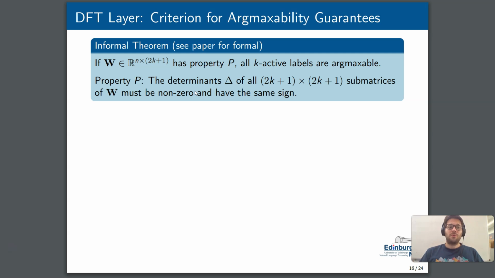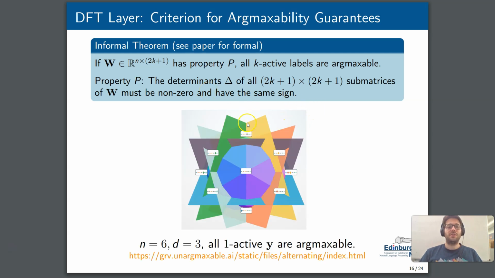While I cannot show you this visualization in higher dimensions where it is arguably more interesting, here are the decision boundaries for such a W with 6 labels in 3 dimensions. So in this case we have k equals 1. Now for k equals 1, it is clear that all 1 active labels should be argmaxable, and indeed if we look here around the 0 active label assignment in the middle, we see that the 1 active label assignments are